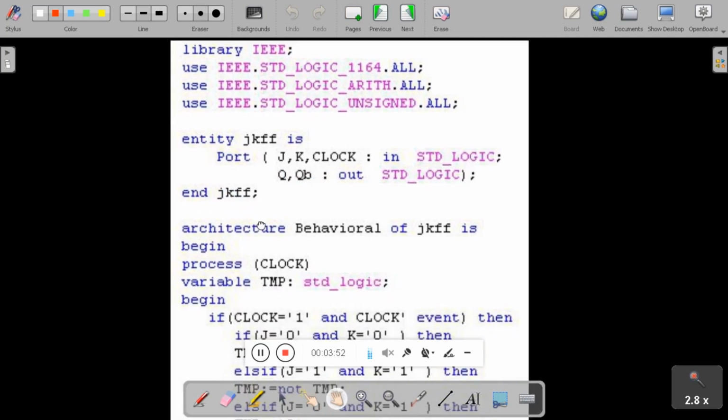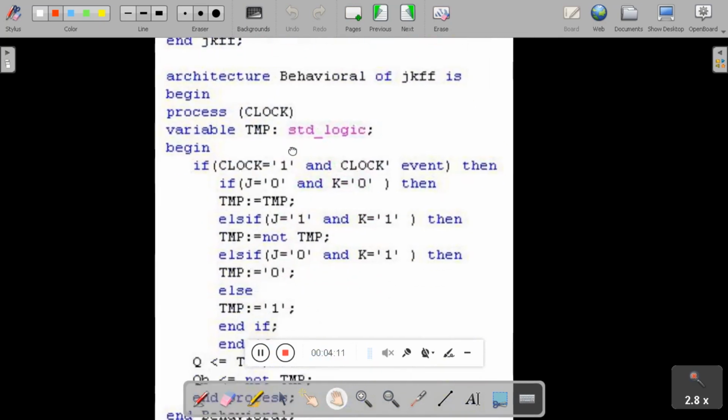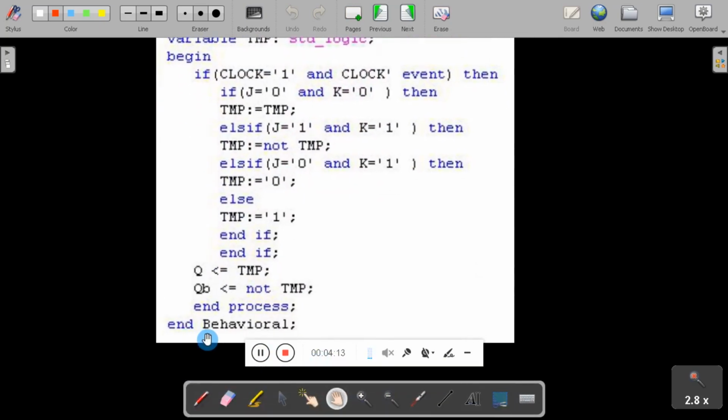Similarly, now the architecture, with the architecture name, belongs to a particular entity. We have already defined the entity here. The same name should be given here. The architecture always begins with the begin statement and should end with the end statement with the architecture name.